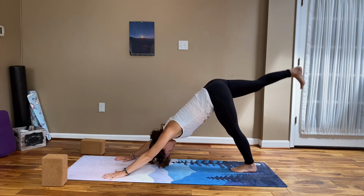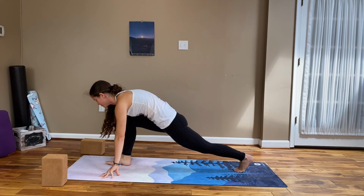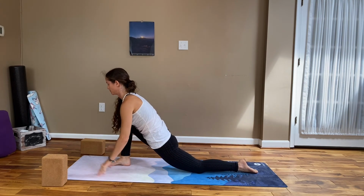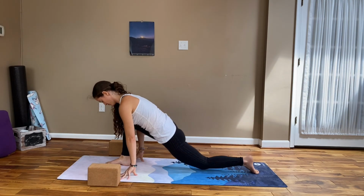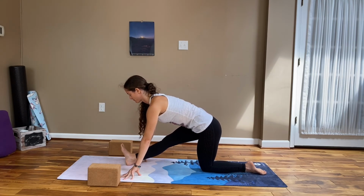Inhale, lift your right leg, flex your foot, square your hips. Exhale, plant your right foot between your hands, lower your left knee to the earth. Straighten your right leg for your half splits. Have your blocks nearby. We'll come into our full Hanumanasana, our full splits. Using your blocks,